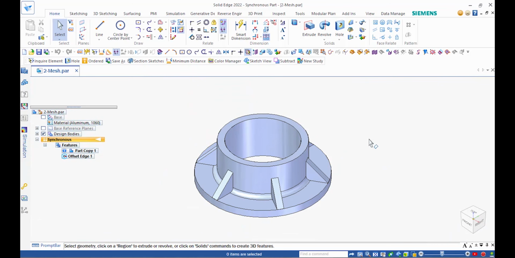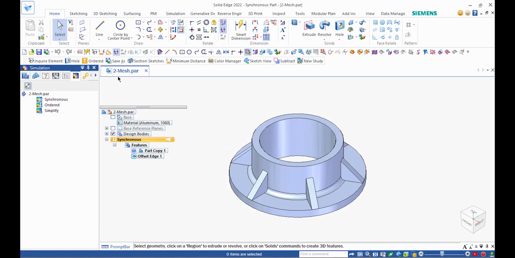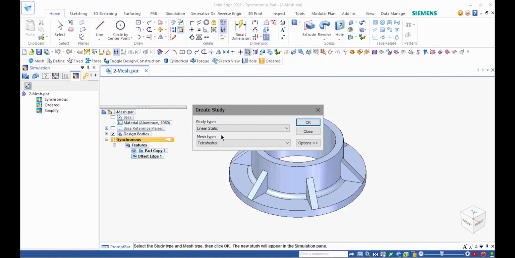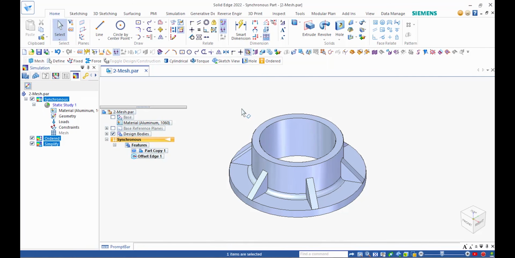But for now, let's go and try to analyze it anyway. I'm not going to go through the whole analysis, just to give you an idea. We're going to focus on the mesh. So let's go into simulation and create a new study. We're going to go after a regular linear static tetrahedral. When it comes to mesh,